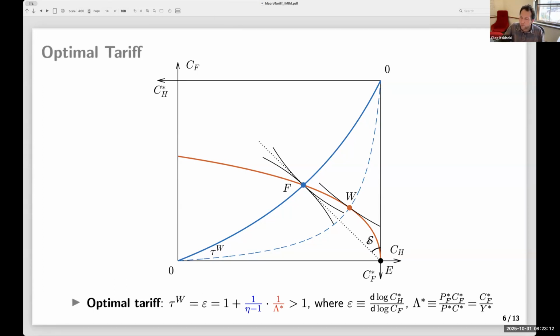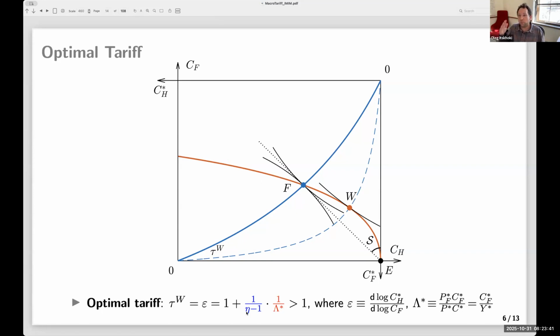This epsilon is the curvature of the implementability condition, which is sometimes called the import supply schedule or export demand schedule of the foreign. That goes back to the literature from the 50s, 60s and 70s that established this. In the more recent literature, this equality has been established, that if you write standard trade models, you get this equation for the optimal tariff, which depends on the foreign elasticity.